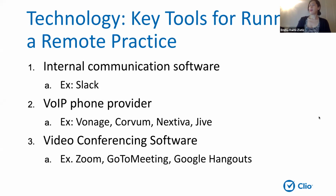I want to start out with how you internally communicate with your staff. Many of you may be solos. Some of you may have a staff that is now virtual, though maybe not previously. So how are you talking to them on a day-to-day basis? There's a whole plethora of tools. Some of them are free, some are a little more costly. One of the tools that my company uses, as we've been practicing working remotely for some time now,